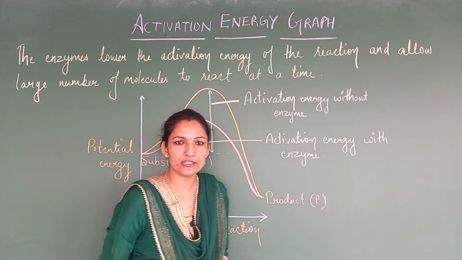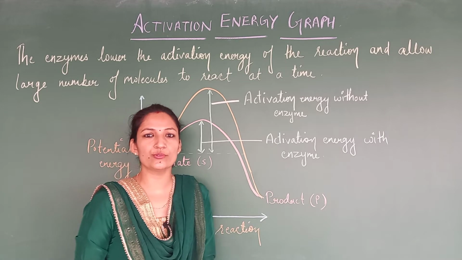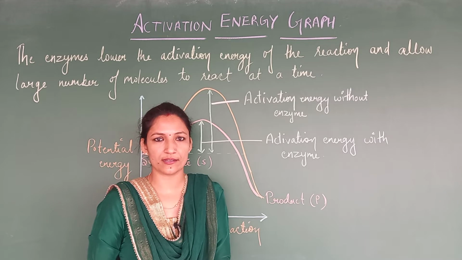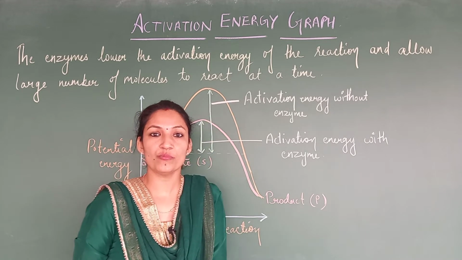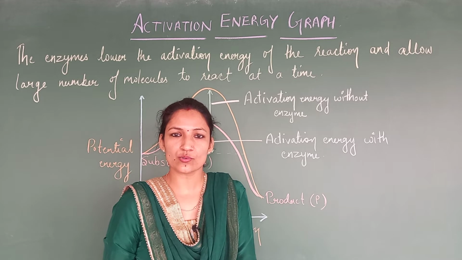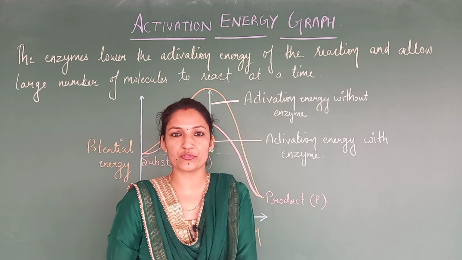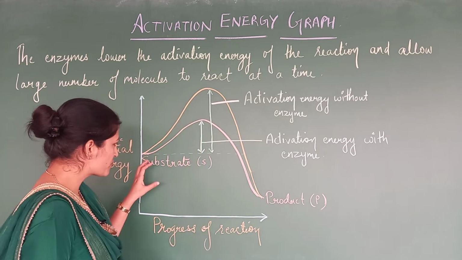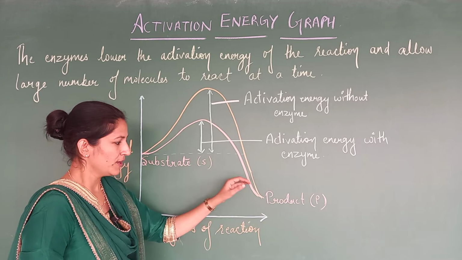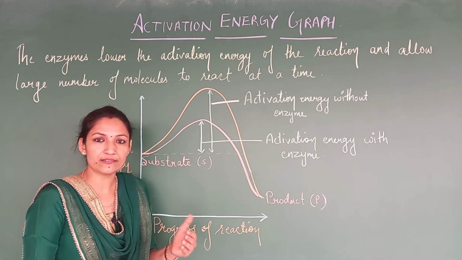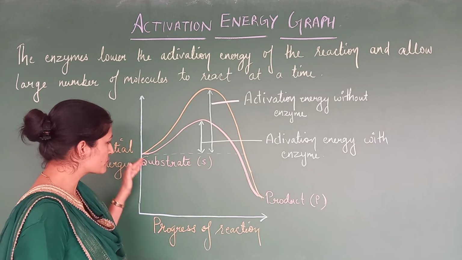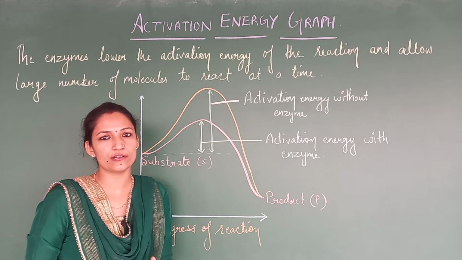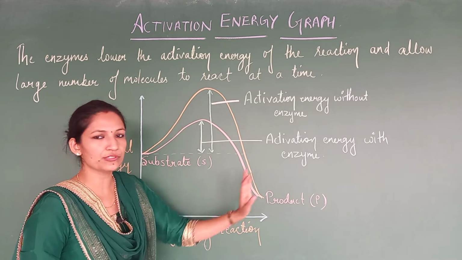Every chemical reaction needs some amount of energy to initiate. With the use of energy, the chemical reaction will start. That depends upon how much energy is required, which totally depends upon different kinds of substrates and different kinds of chemical reactions. Initially, when the substrate is to be converted into the product, before the intermediate there is a transition stage where the substrate is taken so that the making and breaking of bonds can occur and it can be converted into the product.